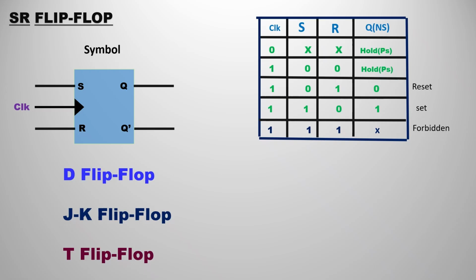That is the reason we are not going to use the SR flip-flop mainly in circuits. So it is very important to know this about the SR flip-flop. That is why we are discussing it. But with the help of the D flip-flop, JK and T flip-flops, we can construct the fourth case also, when S and R are both 1. We can fix the forbidden state. These things will be discussed in upcoming videos.